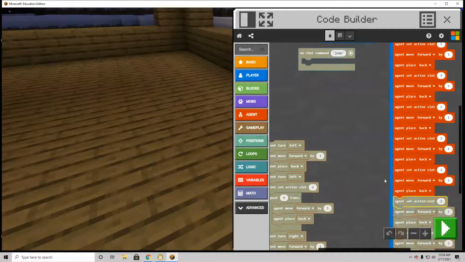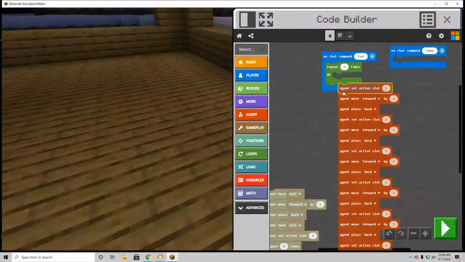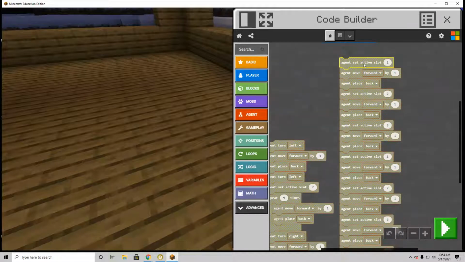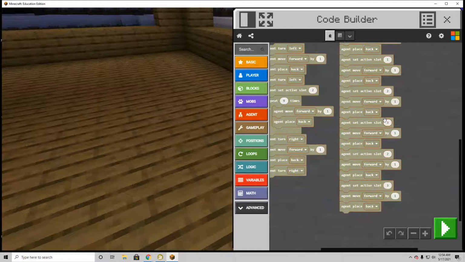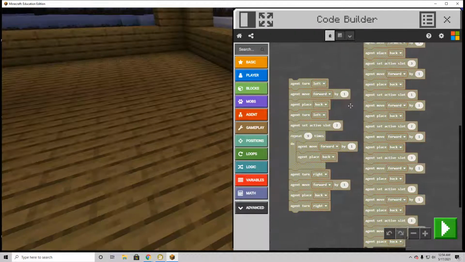Okay, so what I've got here now, all this big bit of code right here, I'm having the agent pick slot 1, move forward and place some carpet behind itself. Then go to slot 2, move forward, put carpet behind itself. Slot 3, move forward, put carpet behind itself. Then back to slot 1, back to slot 2, back to slot 3. Then this should be back to slot 1, back to slot 2, and then for that very last one over